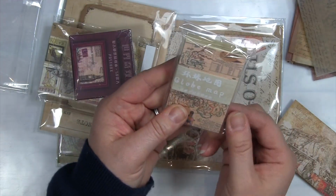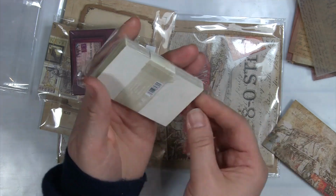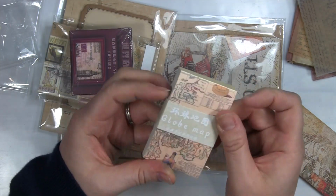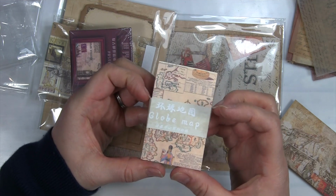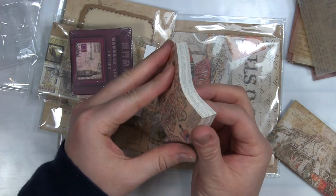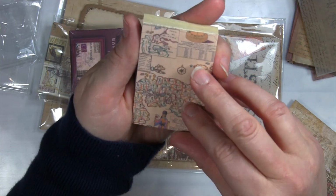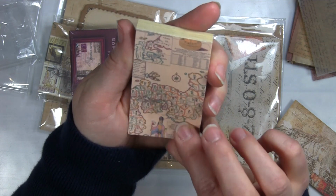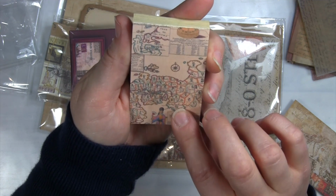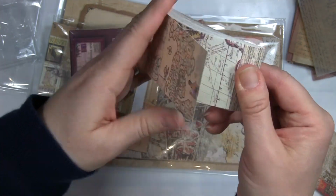What do we have here? It says globe map and some character language that I can't read. This one is glued up here, so it's a little booklet. Alright, I gave up. I ripped it. And these look like paper. This one has an oriental flair to it. I can't even tell where that is just offhand. Maybe it's a made up place, but...